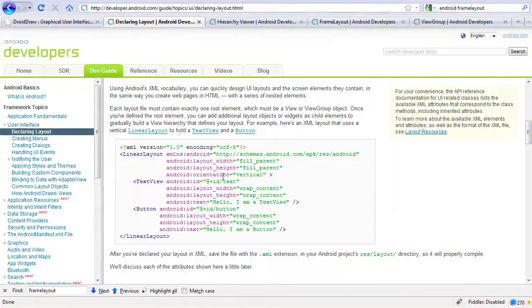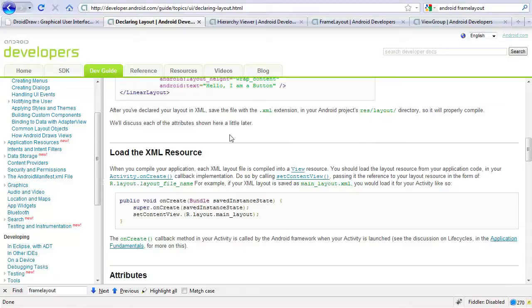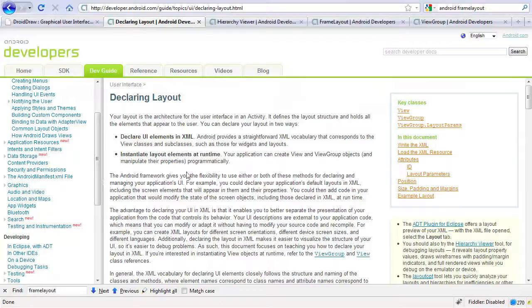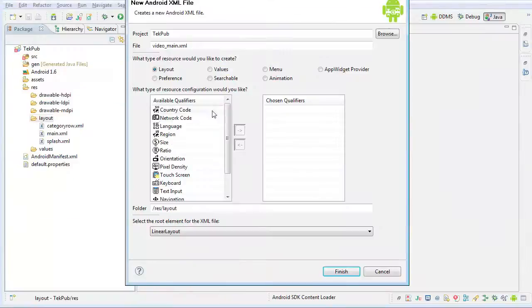And if you visit developer.android.com and check out the declaring layouts item right here, it'll give you a bunch of information on loading XMLs from resources, which is what we're doing here when we set a content view. You can get a lot of information, and we'll probably hop back to this a few times during this presentation. If we hop back over to our new Android XML file wizard,